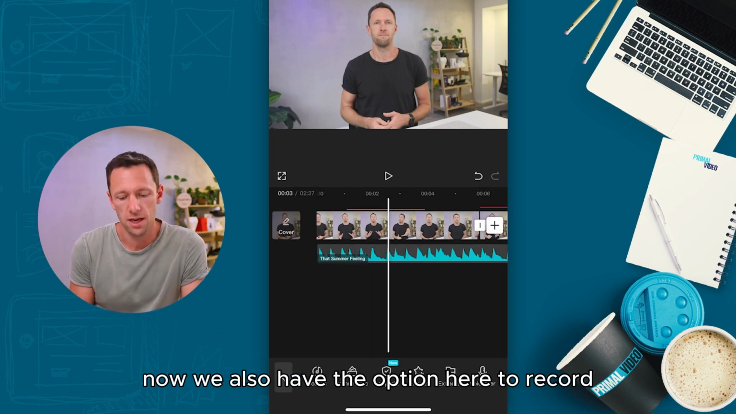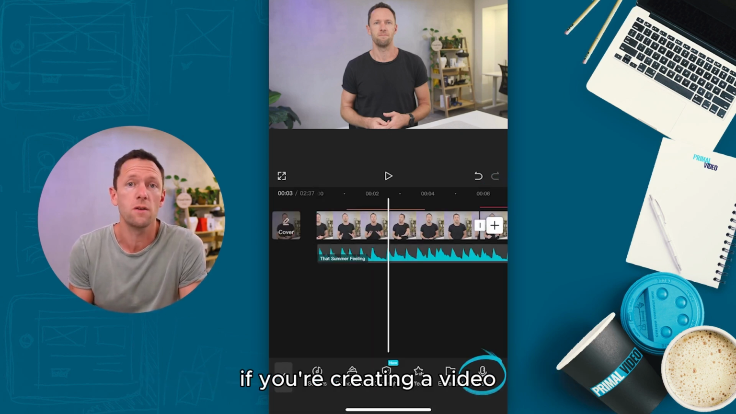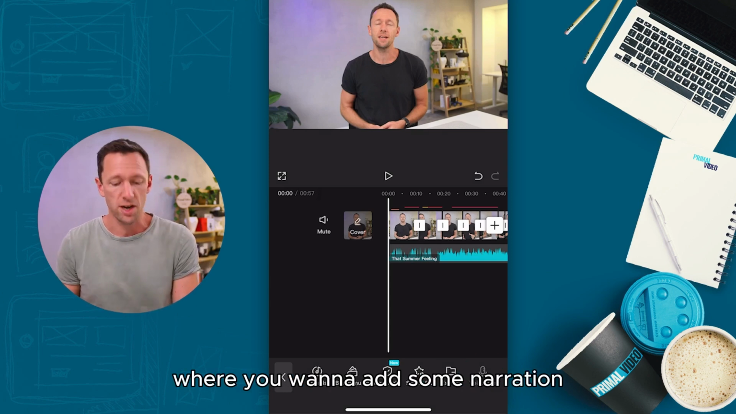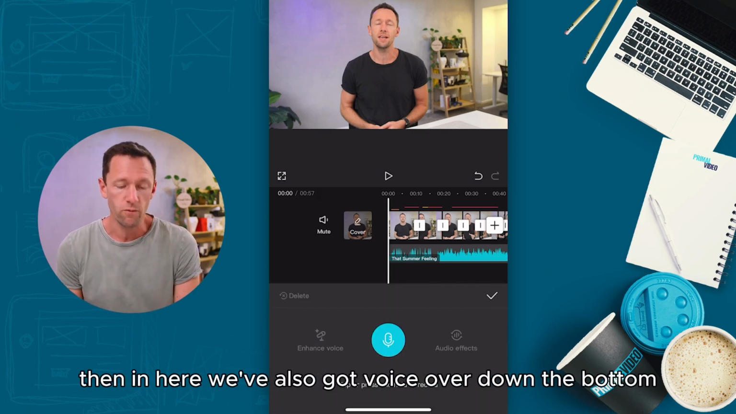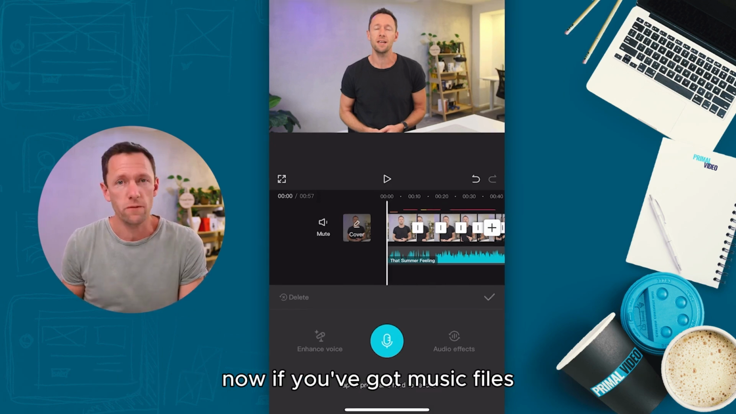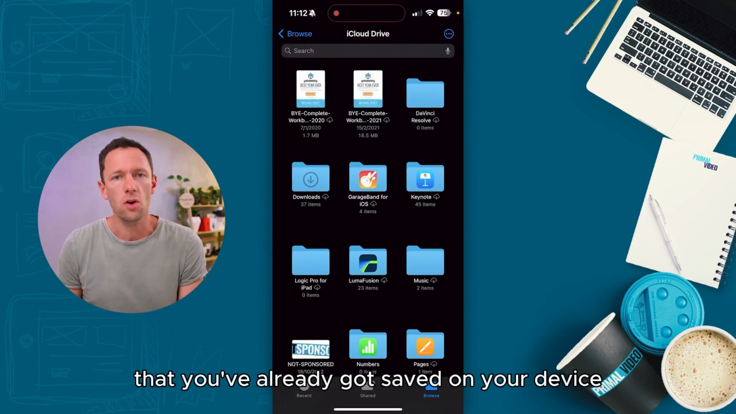Now we also have the option in here to record our own voiceover. So if you're creating a video where you want to add some narration, then in here we've also got voiceover down the bottom. Now if you've got music files or sound effects that you've already got saved on your device,